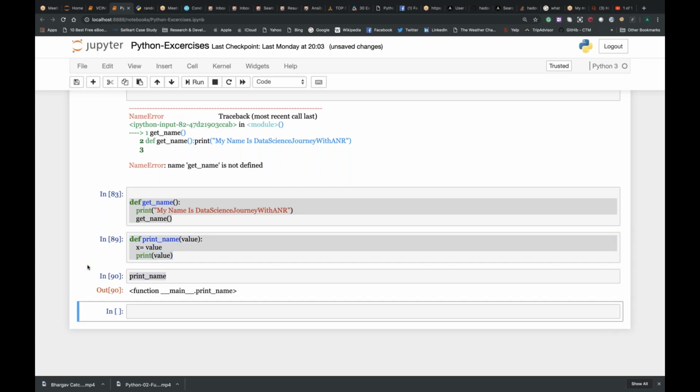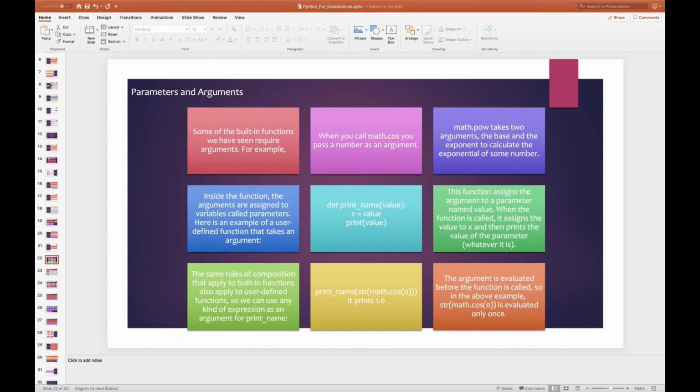It's still the same, because whenever you call a value assigned to a variable linked with the arguments, the function will assign the argument to the parameter named value. Whenever the function is called, it assigns the value to x and then prints the value of the parameter, whatever it is. The same rule of composition that applies for built-in functions